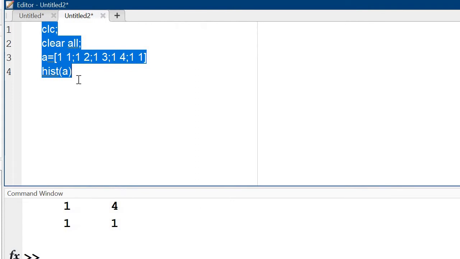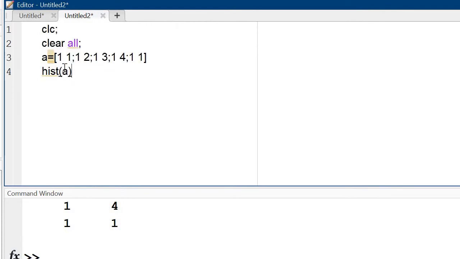And one more thing regarding the hist. I am taking some random values with the random function randn. 100 values I am taking, multiplied with pi.